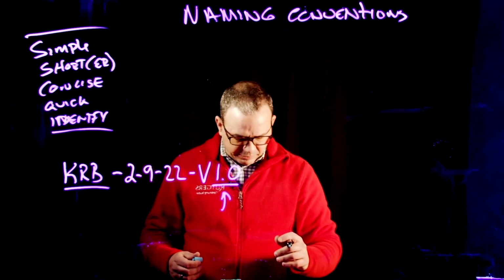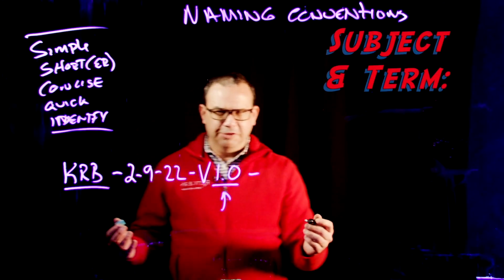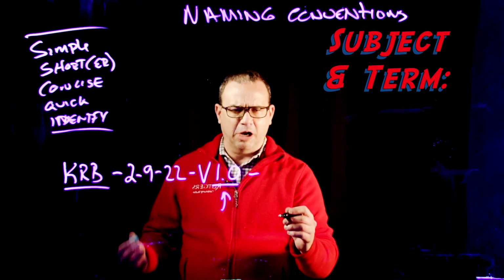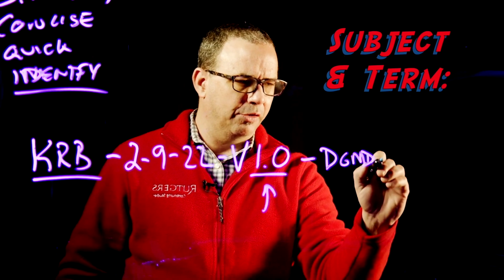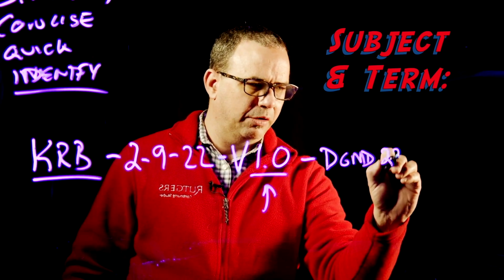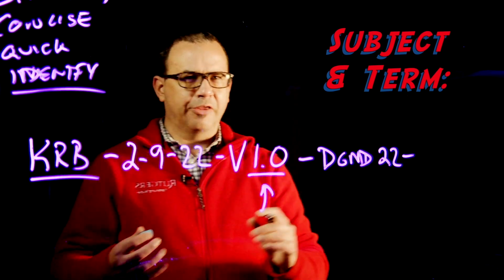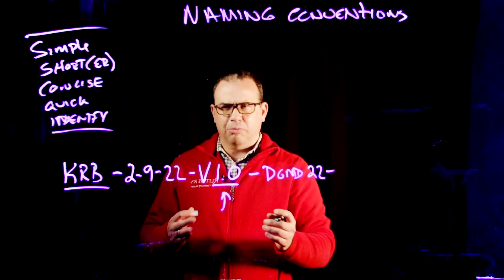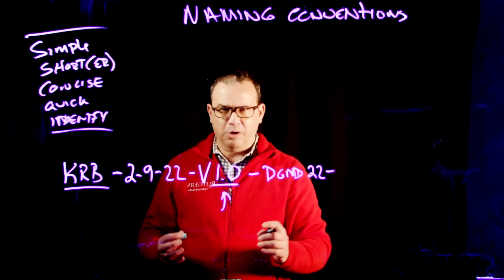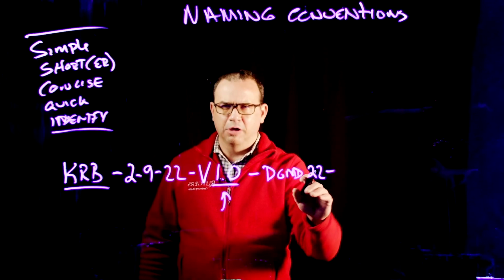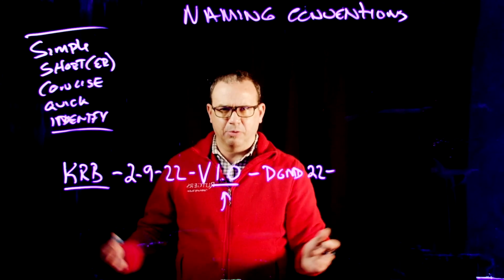The next idea is going to be, in academia, what your subject is. I used to teach digital media at another community college. So I would put in DGMD, and I'm also going to put the term as well. So I'm going to do DGMD 22, that way I know what the subject is and the year is. At this point, you can break it down to be both fall and spring, spring and fall, summer, winter, whatever you want. You can add another nomenclature here. You don't have to. In this case, DGMD 22 is going to get me within the ballpark,